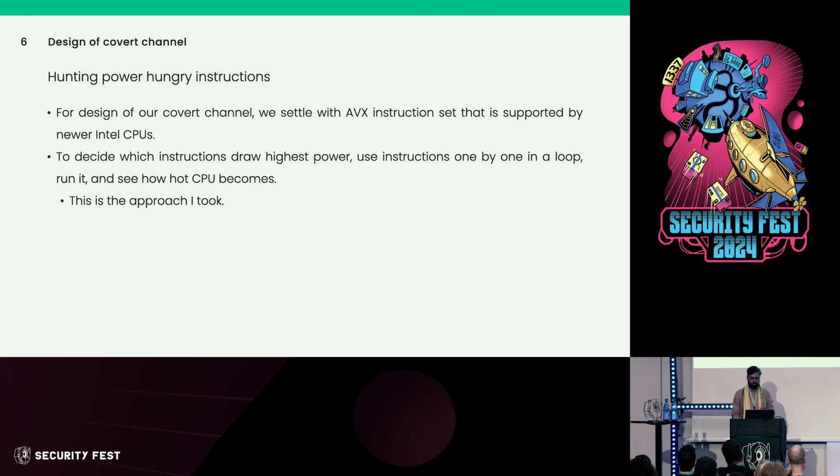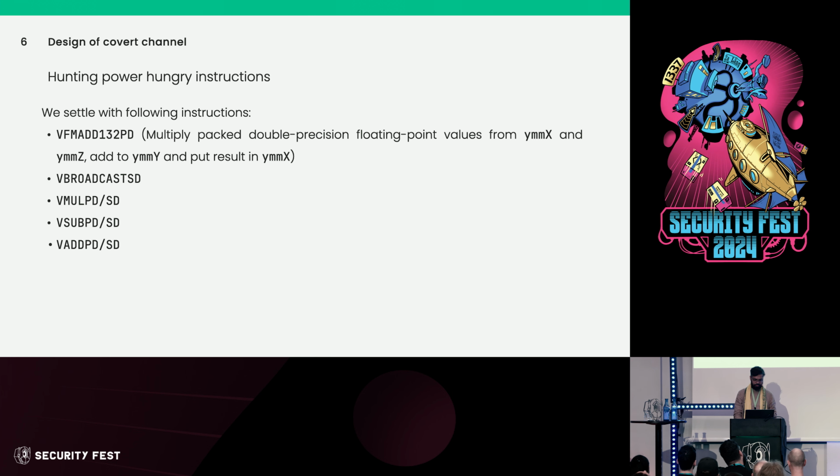Now what we are going to do, we are going to use AVX instruction set because that is the maximum I could do on my Intel laptop. And to find exactly which instructions to use, what I did, I basically picked a bunch of instructions at a time and I ran them in a loop, trying to figure out at what time I am seeing how much spike in temperature. And with a lot of trial and error and guesswork, I eventually figured out these things which seem to work rather nicely.